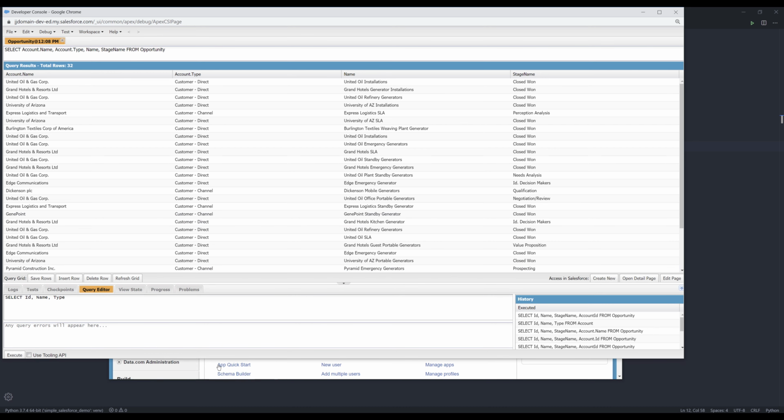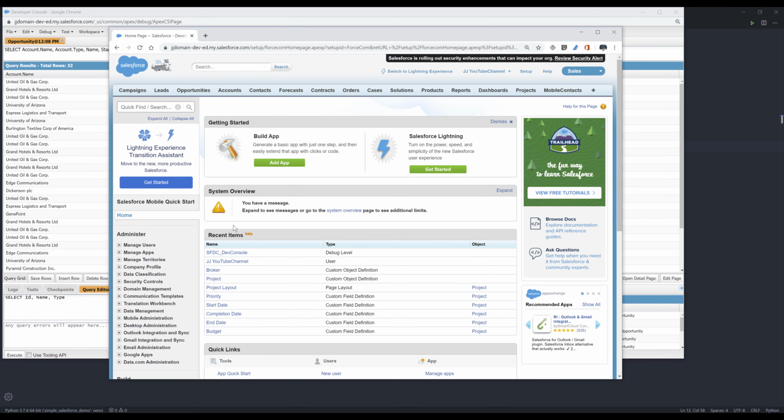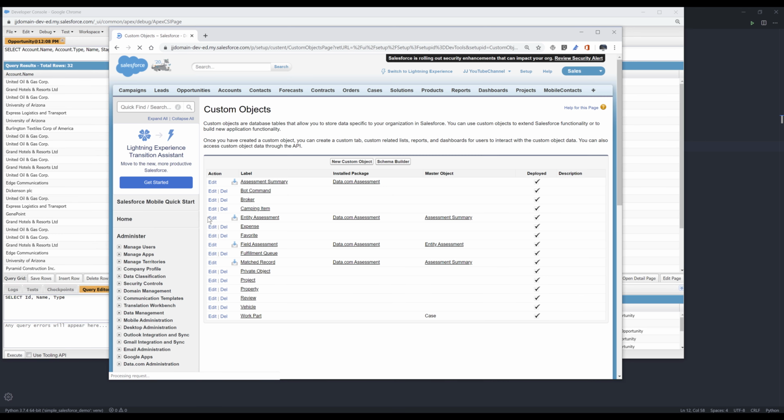So if I go to my Salesforce page, setup. Now under the build section, I want to go to create and objects. So here's all my objects. Not all the objects, but all my custom objects. And here, let me go to customize and accounts, and let me take a look at the fields. I'll also put in this industry from account,